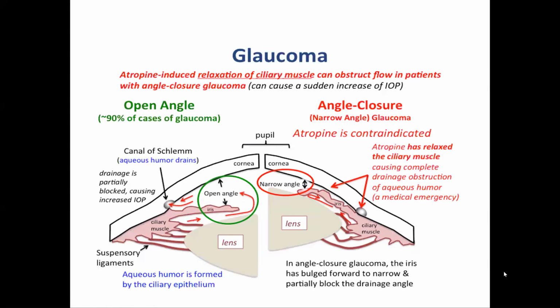So with increasing age, there is a degeneration of the trabecular meshwork, and hence the canal of Schlemm also becomes degenerated, and a sufficient amount of aqueous humor drainage doesn't occur. Whereas in narrow angle glaucoma, the main pathogenesis is